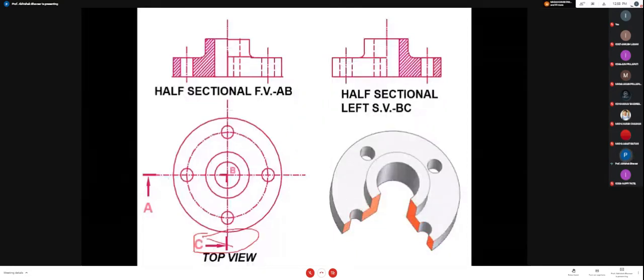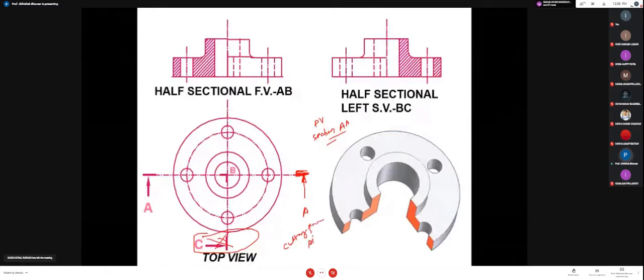If I am given such type of figure, at the end you are given such type of darker line, and here it is written AA. It does mean that you are having the section AA. It will be visible as a front view. Okay, you are having a cutting plane AA. Your cutting plane is AA.